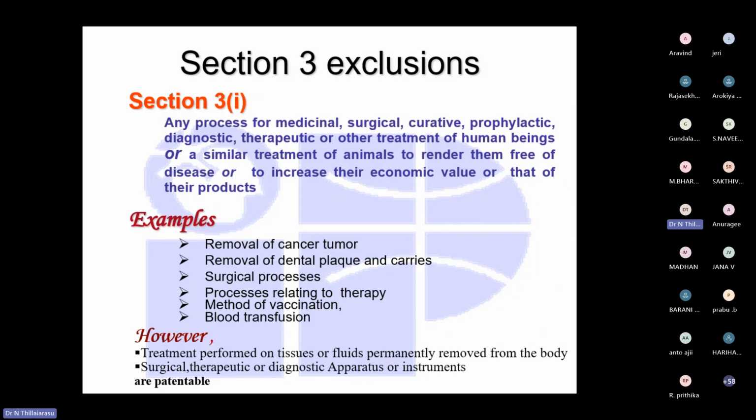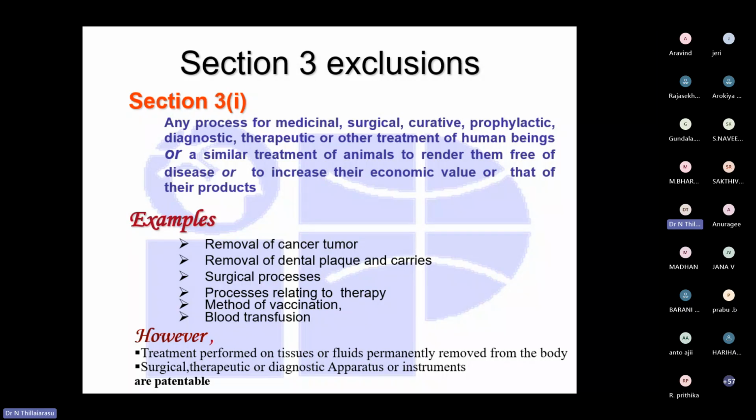The removal of a cancer tumor, the removal of dental plaque or caries, and the surgical process, how you perform surgery, like curing heart disease, is not patentable. The process related to therapy, the method of vaccination, how you insert the injection, blood transfusion: these all do not come under the category where we can file any kind of patent.